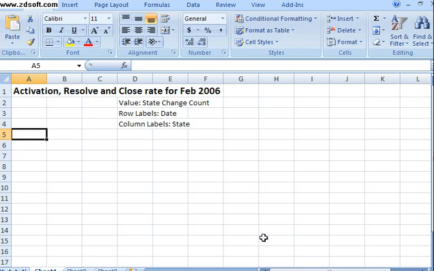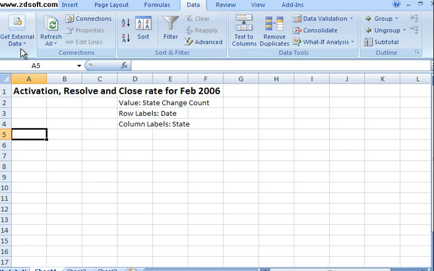In this demo, I will show you how to create a report that shows the activation, resolve, and close rate for work items over a period of time. First, in Excel, we want to connect to a TFS queue by going to the data ribbon, get external data